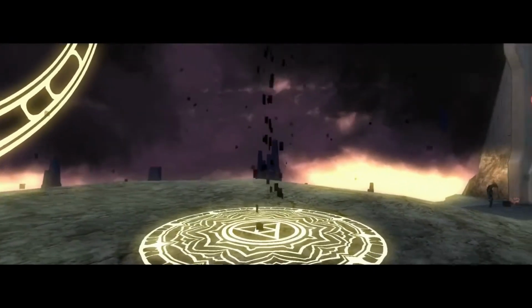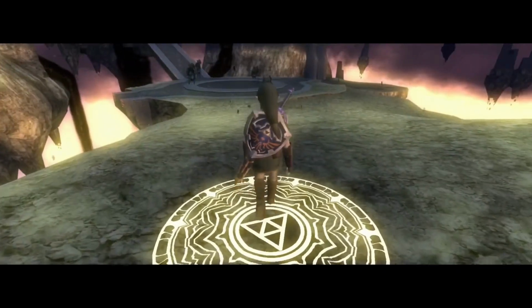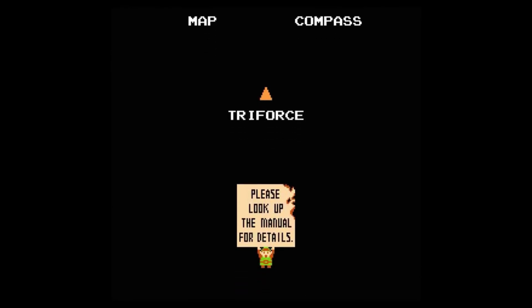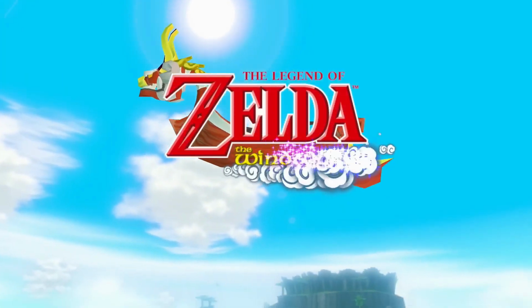The first adaptation I debated on quite a bit, but in the end, it was very clear what should be first. The rest don't even come close, and that's why we're starting with The Legend of Zelda: The Wind Waker. Nah, I'm just joking with you. I didn't think about it though, because I was like, that would be an interesting, unique way to introduce an audience to Hyrule, because you don't start off there, and Link slowly has to discover it at the same time that the audience is discovering it.